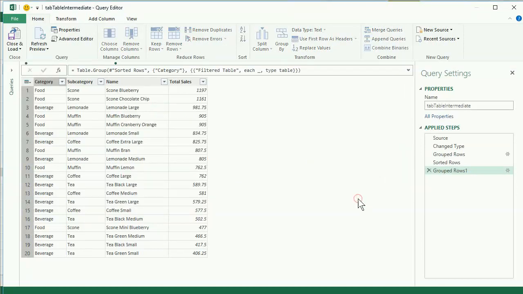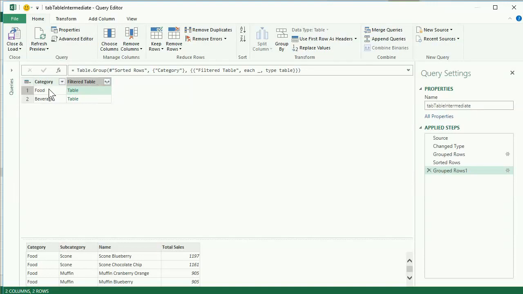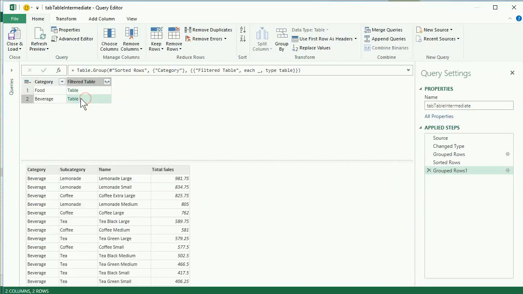So if I click OK, what we've got now is for each category, we've got the previous table, but filtered only to rows where the category equals food, for this little table right here. And for this little table right here, it's got this table, except only the rows where the category equals beverage. Okay? So now that we've got that, what we want to do is add an index to